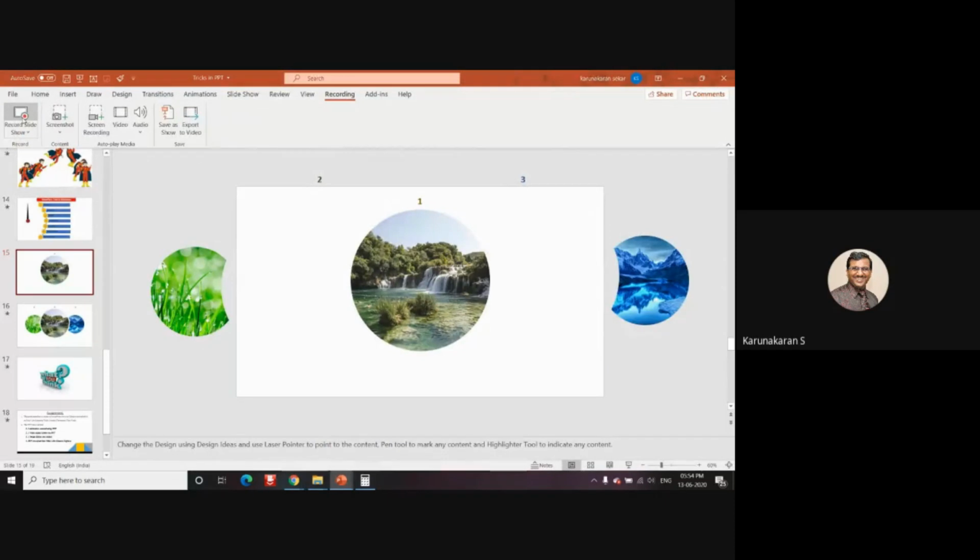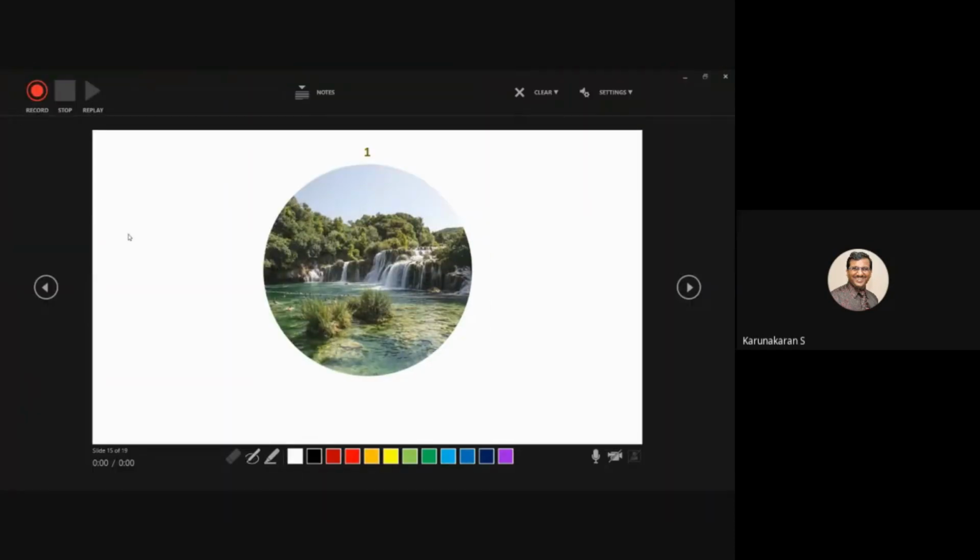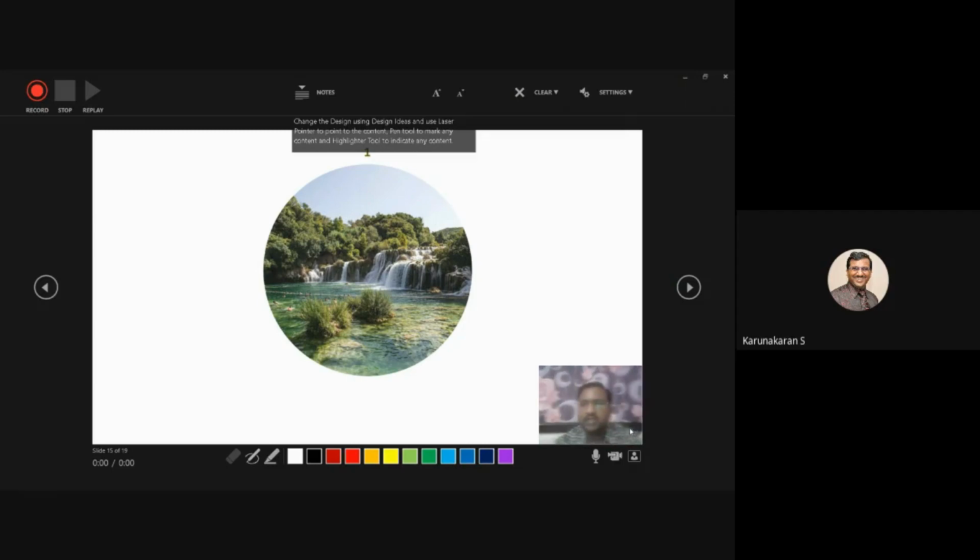Now I'm going to my record slide. In this record slide, I'm going to start recording, and I'm going to read the notes present here. I'll make it visible for me. So let me start. Now if you want to add your video here, you can add it here. You can see my video present. Adjust the camera according to your requirement. Your full video content will be prepared with the slideshow as well as your video at the bottom. These notes and materials can be prepared, uploaded, and provided as a certification course or online courses.